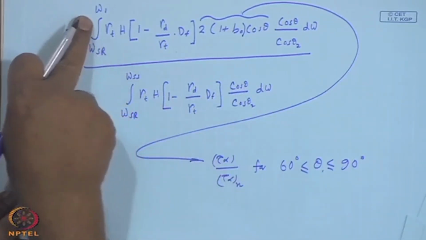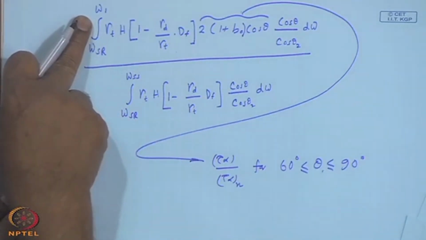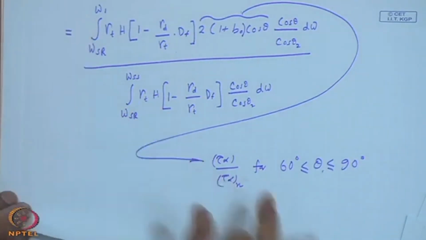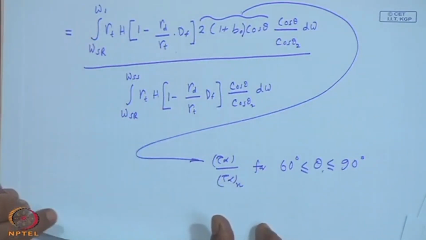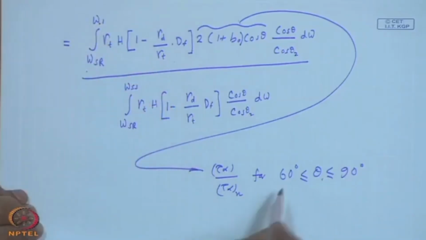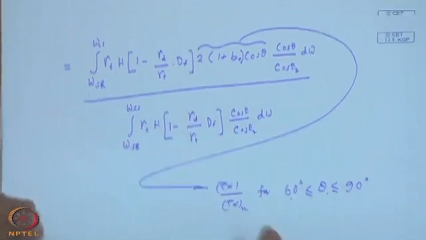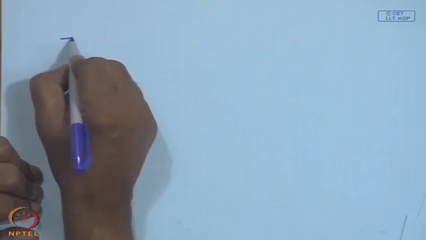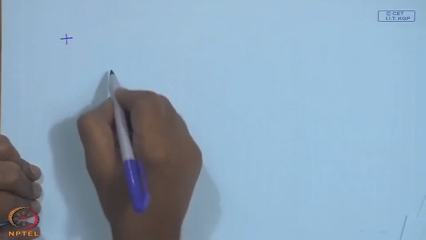Now, omega 1 is the value of the hour angle when theta will be equal to 60. Beyond that, from omega SR to omega 1, theta will be between 60 and 90, plus the second term will turn out to be